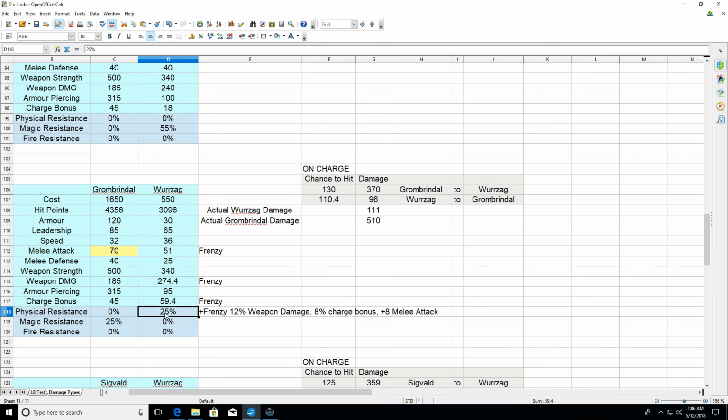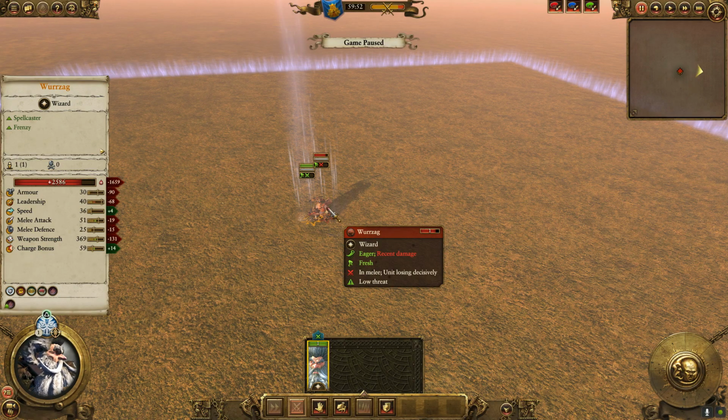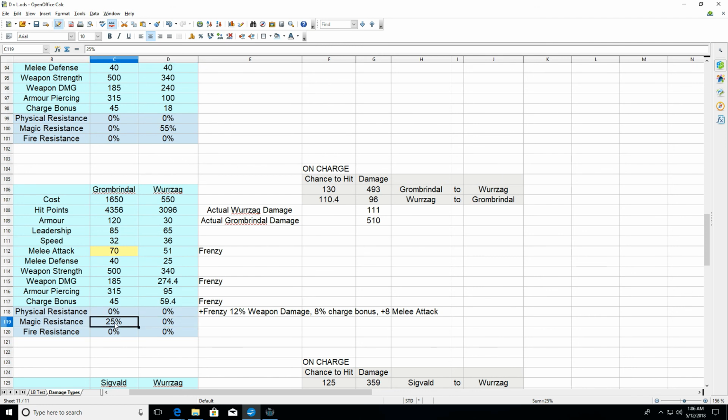Now we know Wurzag's physical resistance is not going to matter, so that's got to go to 0. And Wurzag doesn't do magical damage, so Grombrindle's magic resistance is not going to matter. So when we go and look, Wurzag should do about 128 damage to Grombrindle. He actually did 111 in this test, and Grombrindle should do 493 damage to Wurzag, and he actually did 510